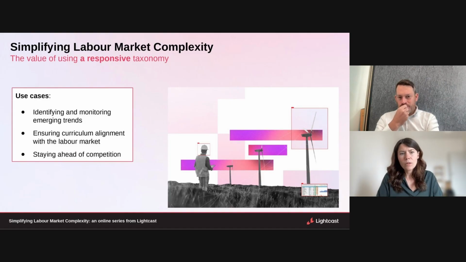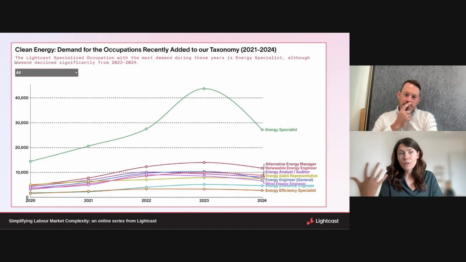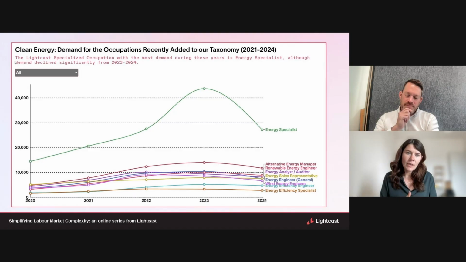And here, again, we use one of the sectors from the industrial strategy as an example. And this example is clean energy. Now, clean energy and green is another area that is going through a lot of reform, discussion, debates right now, but it's also a really important one in terms of the transition to a green economy. And again, the first challenge here is how do we define clean energy? And again, the first step that we take with our taxonomy is to try and understand the perimeters by identifying a list of occupations that are related to clean energy. And by doing so, then we can track the evolution of demand for these roles over time.